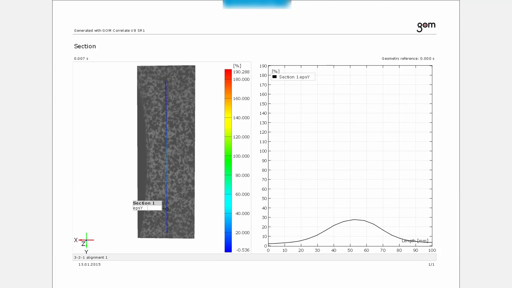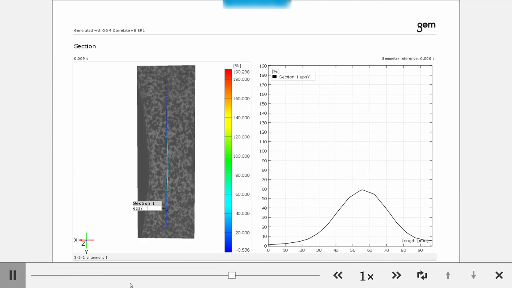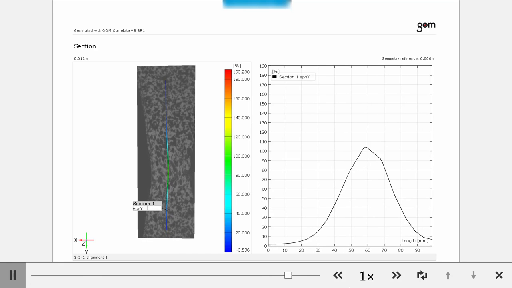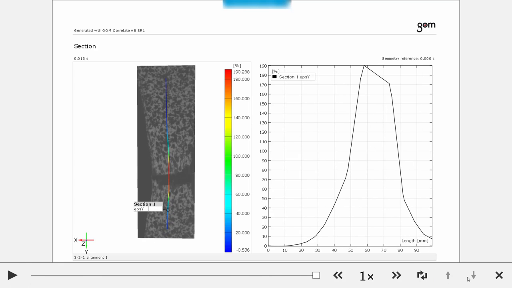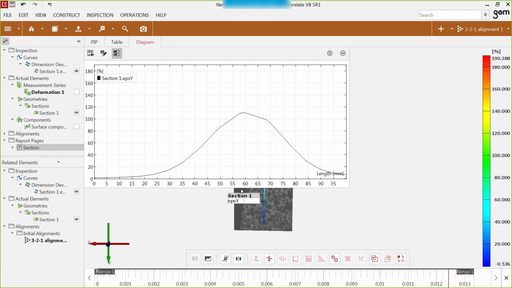You also have a little bar here with a play button. You can also influence the speed, and you can flip through the report pages if you have several. So really a nice option, I think. And with this, we are pretty much done with the tensile tests I wanted to show you, and we continue